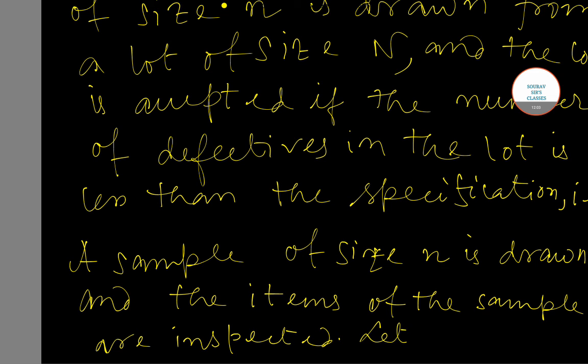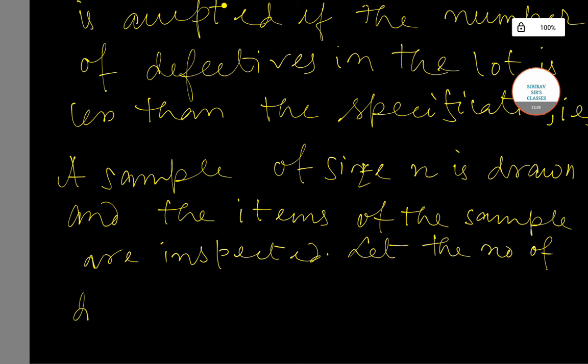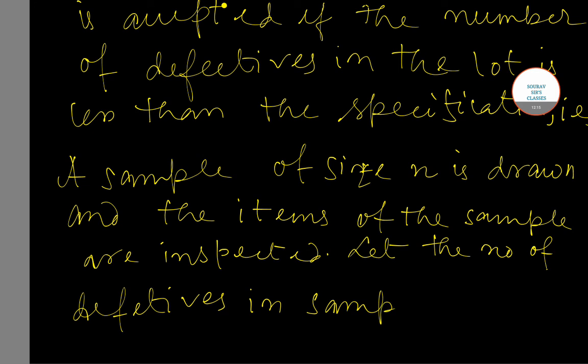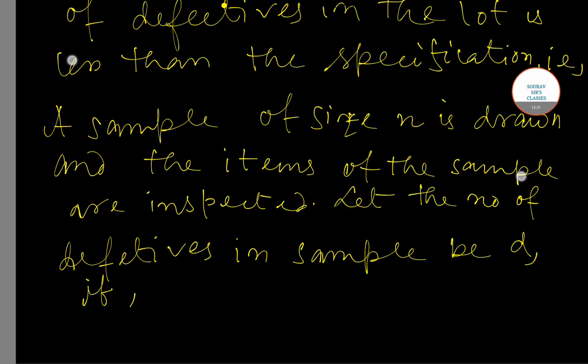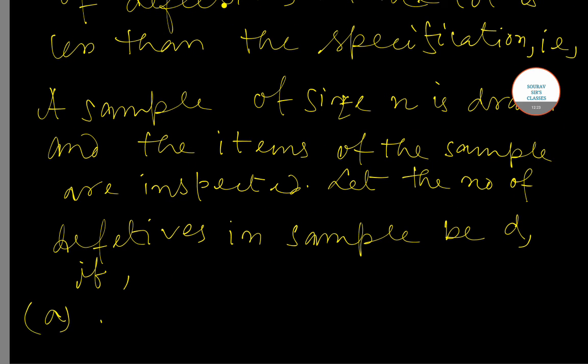Let the number of defectives in the sample be D. If, point A, D is less than C, the lot is accepted